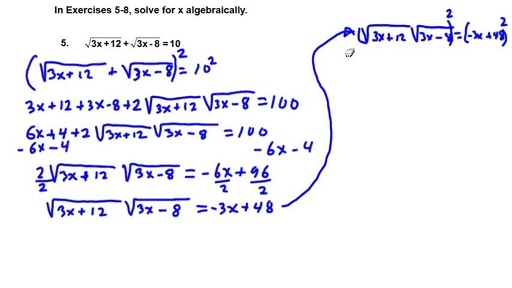We're going to have quantity 3x plus 12 times quantity 3x minus 8 is equal to, and we square everything on the right, we're going to have